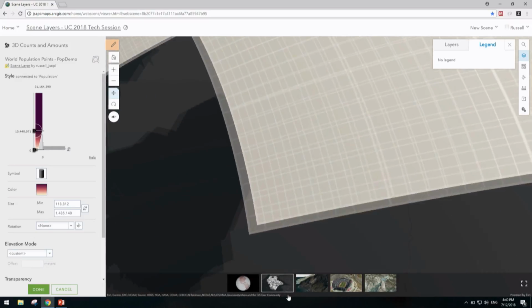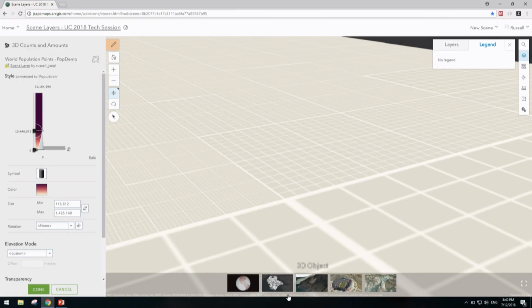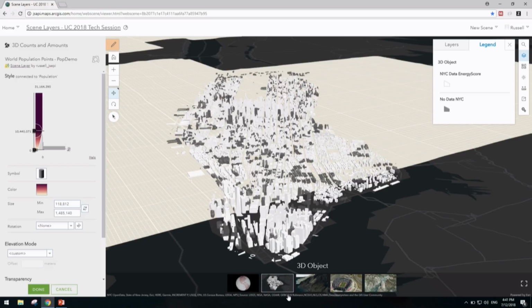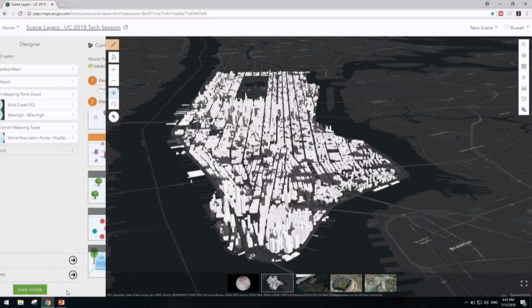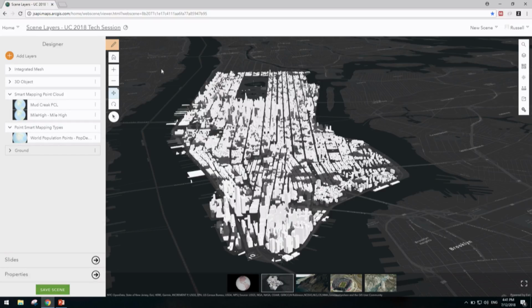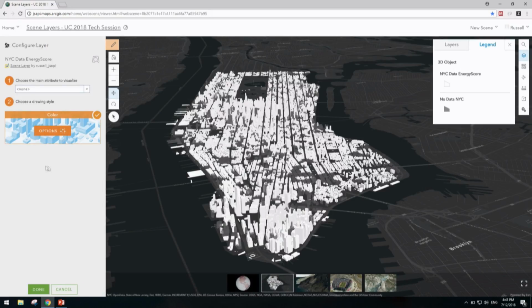Those of you who caught the plenary, Jennifer Bell demoed looking at smart mapping with a 3D object scene layer of New York City and looking at the energy usage of these buildings. So here I have the 3D object scene layer that I published with an associated feature layer. I can go in and look at this layer,